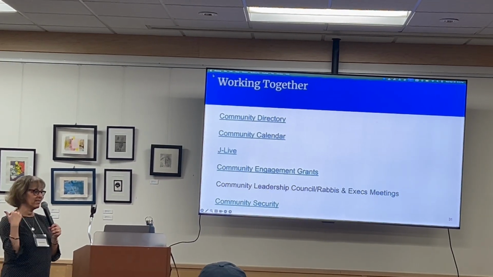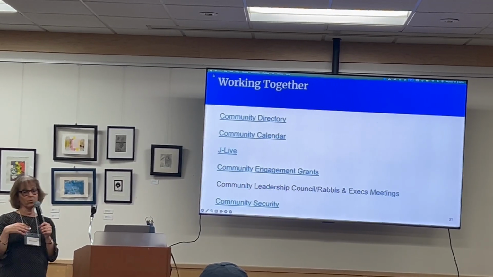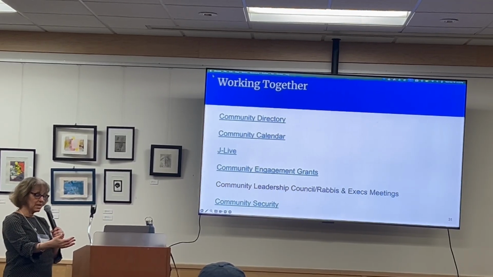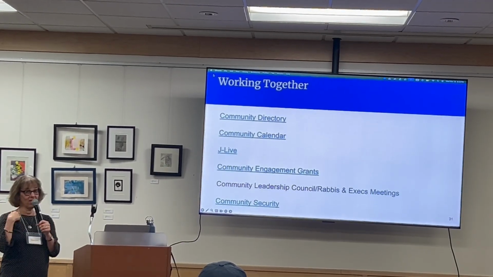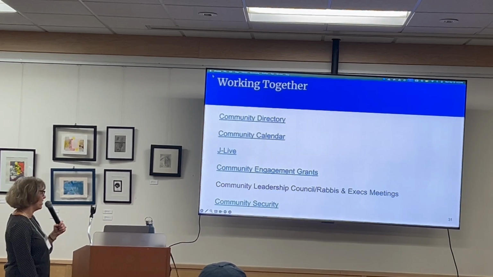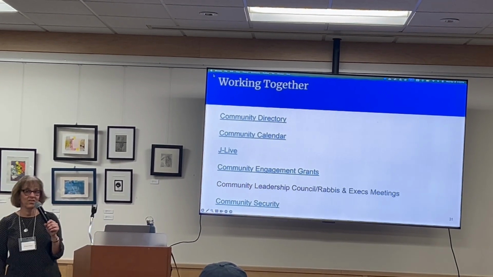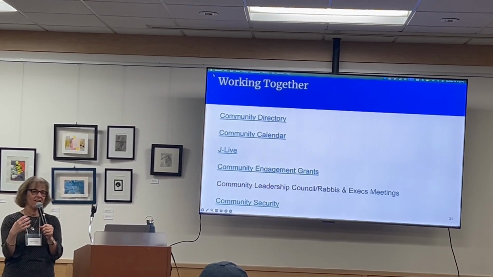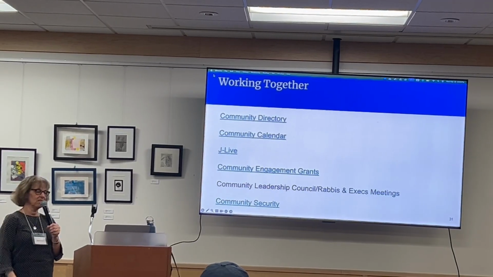We often will have a guest speaker from outside the Jewish community, sometimes from inside the community, but it's a really great opportunity for everybody to update each other, what events are coming up, what issues we're working on. So it's a great opportunity. And again, if we know who those lead people are, then we can make sure they're on the invite. And every month, the rabbis and execs get together. So we are meeting together to explore and discuss and debrief and really be a collegial leadership team.